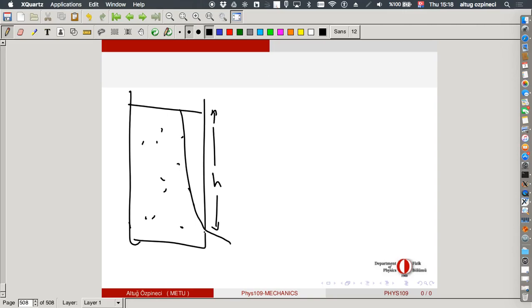And it will come out and go some distance. This is our streamline. And Bernoulli's equation tells us that along this streamline, the pressure plus 1/2 rho v squared plus rho g h should be constant. So let's write this expression for the top point. For this point, let's say the outside pressure is P0. What is the pressure at that point? P0